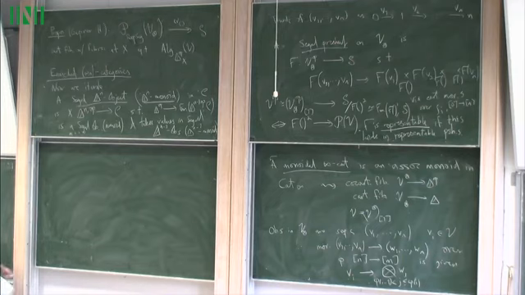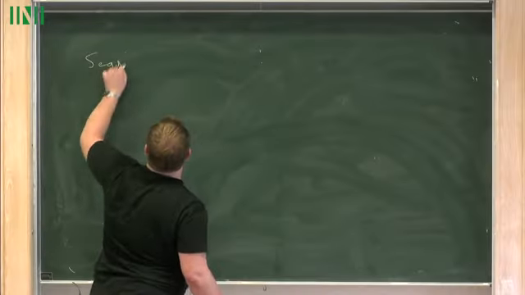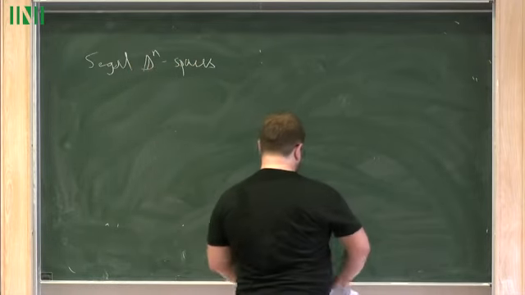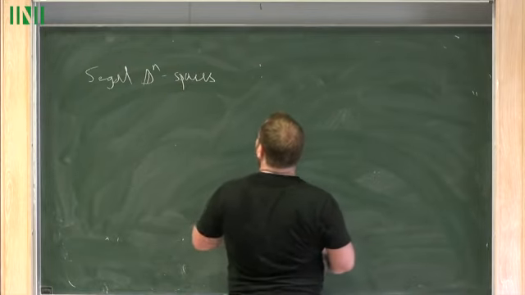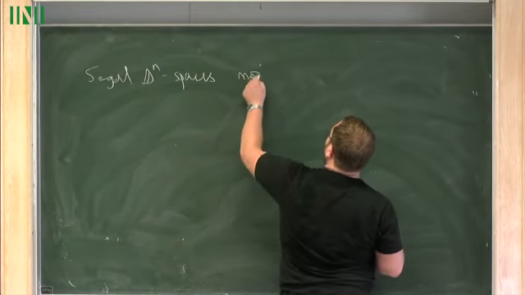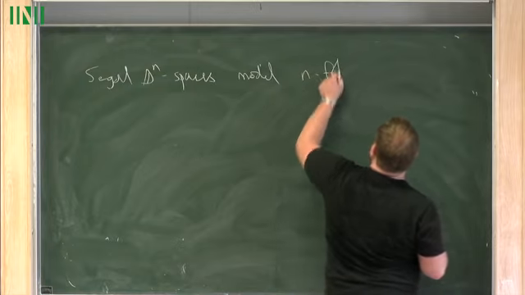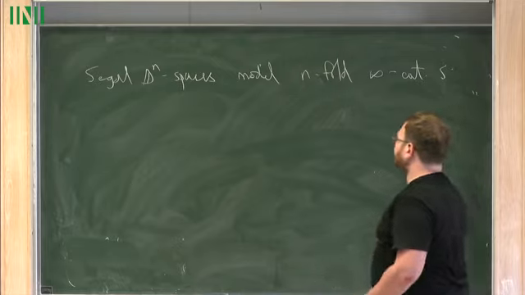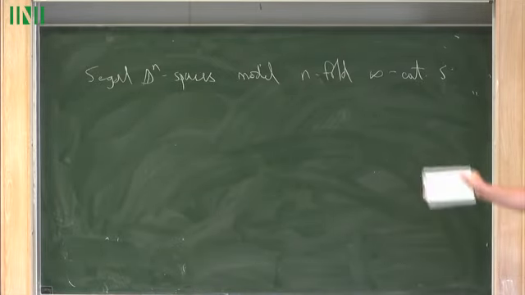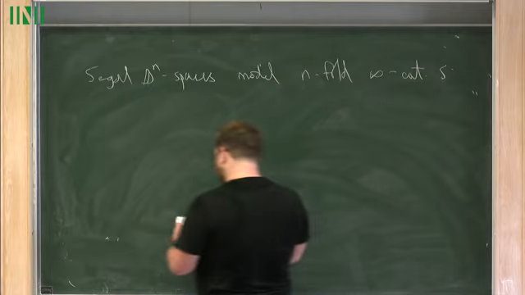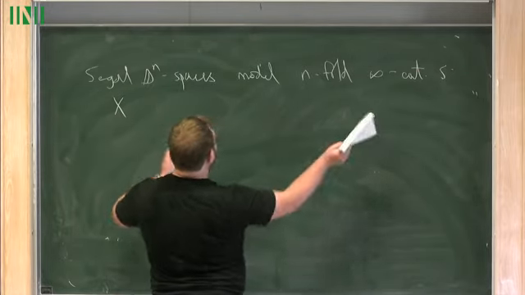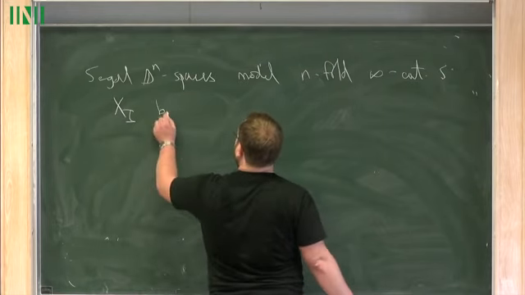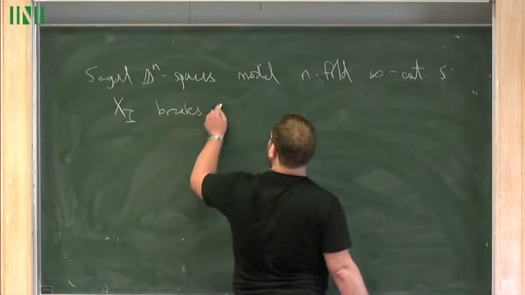So if we look at C being spaces, for example, and Siegel delta n spaces, model n-fold infinity categories. So think in the case n equals 2, this models double infinity categories, and then you iterate that. So if I look at some delta n space x, and then the value at some point I breaks up as some big iterated fiber product, breaks up